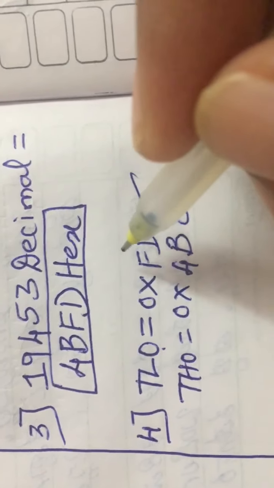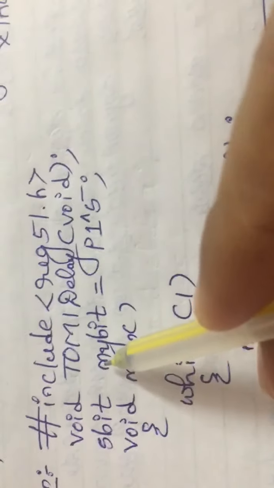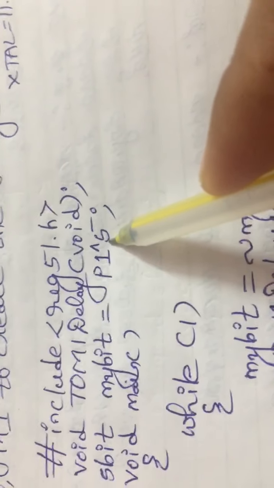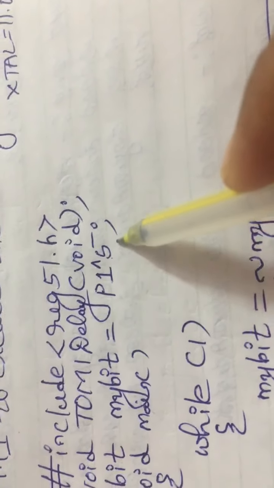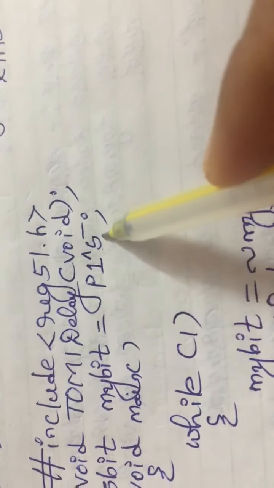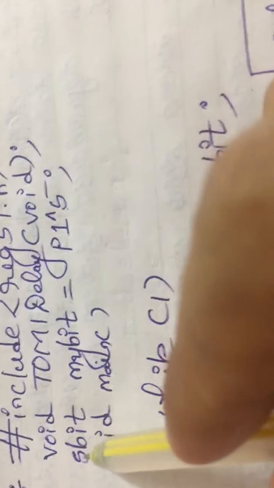So this tells the programmer that we are inserting 50 milliseconds of delay inside the program. First and foremost, #include the reg51.h header file, then void T0M1Delay subroutine. Next, since we are blinking only one bit of port 1, the port they have given is port 1, 5th bit. So that is to be written like this: P1^5, that is assigned to my bit. The name of this bit is given as mybit, and the data type that we are using is sbit. sbit mybit = P1^5.